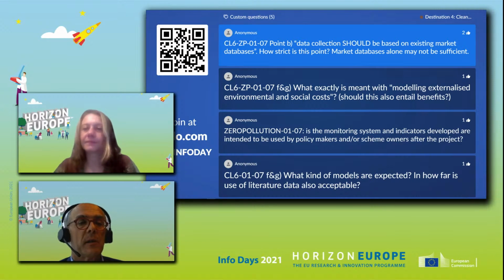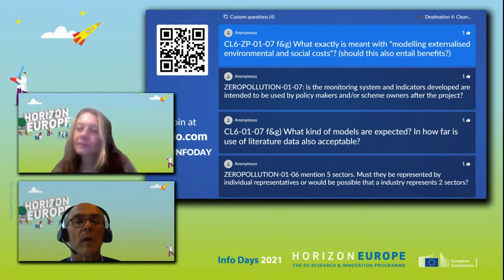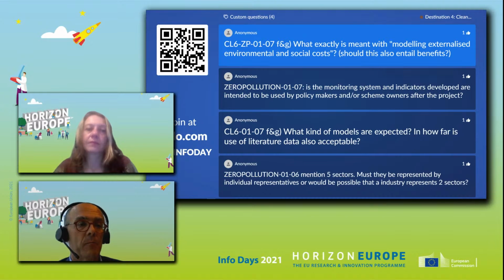Thank you very much, Silvia. Next question is also about the points F and G. What exactly is meant with modeling externalized environmental and social costs? So does this also entail benefits? Yes, I would say yes, of course. Indeed, we usually consider the other way around, but of course also the benefits. Of course, yes. So it's not only cost, although here